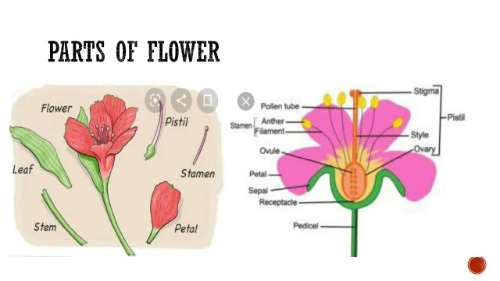Next part is gynoecium. This is the female reproductive part of the flower. This is made up of carpels. A carpel consists of stigma, style and ovary. Gynoecium is the female reproductive part. Androecium is the male reproductive part. Just keep in mind, androecium is the male reproductive part of the flower which consists of stamens, and stamens are made up of anther and filament. Gynoecium is the female reproductive part of the flower, made up of carpels. A carpel consists of stigma, style and ovary.